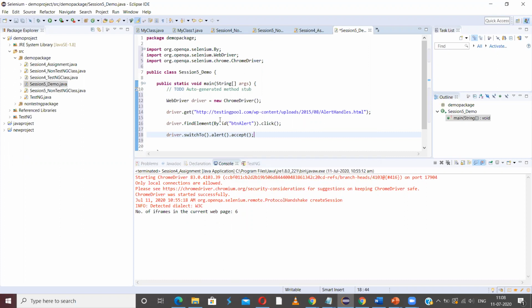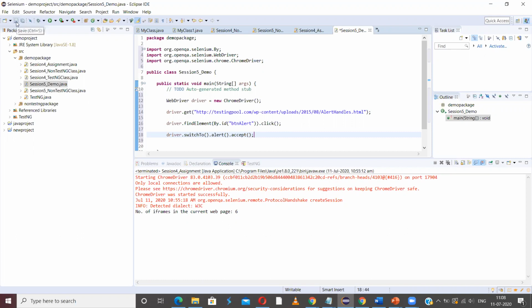So what I have done here is I have opened a URL and clicked on an alert button. Then a pop-up appears. On that pop-up there will be an OK button, and I should click on OK, which is nothing but using accept. So clicking on OK is nothing but accepting. So I'm using alert.accept.